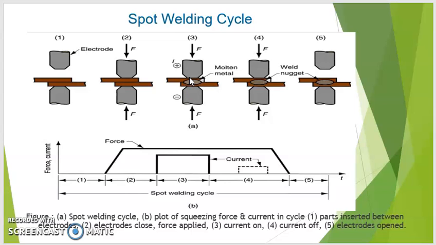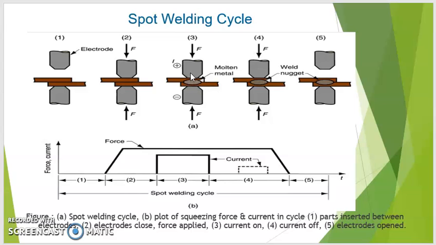So we can draw two vertical lines joining the ends of the electrode, and we can draw one horizontal line at the workpiece contact, and finally the intersection of these two lines. It is this region where the weld nugget, basically a spherical three-dimensional nugget, is formed, which starts and grows as the time proceeds,